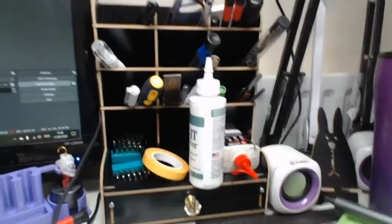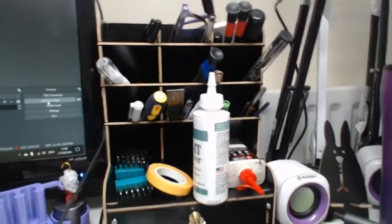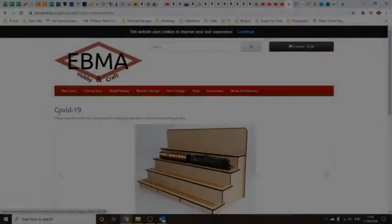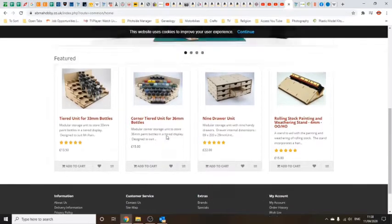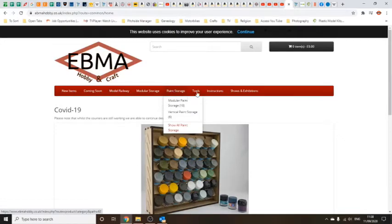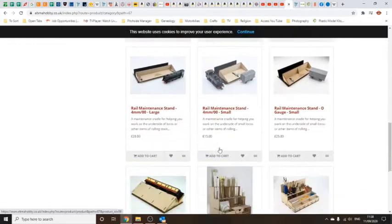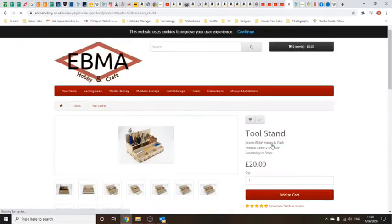I found myself in need of some pliers, and I thought, well, is that really up to the job of pliers? So I went back to that link and I thought, well, it won't hurt to have a look. So I went onto their website and I looked at some of the stuff they've got, and I've seen similar stuff before, but as you do, you kind of have a look around, and I had a look in the tools section, and there was one thing that really caught my eye, and it's only £20, and that's this tool stand,